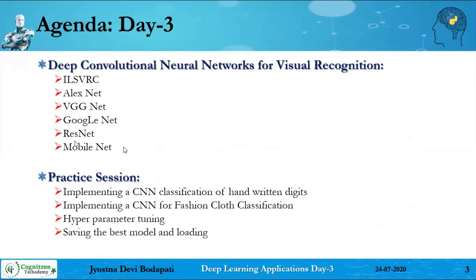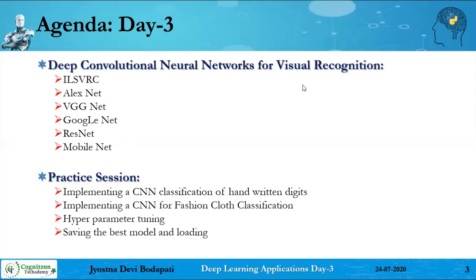Initially we started with a single convolution block, then we extended to 2 convolution blocks, right? Then we tried 2 dense layers or 3 dense layers. Similarly, how deeper can we go into the implementation? Is it good or bad? That's what we'll be exploring now.